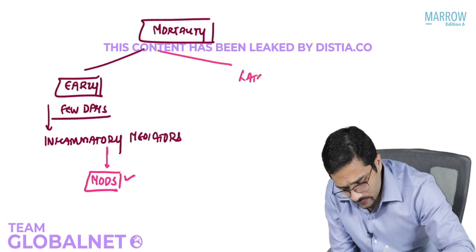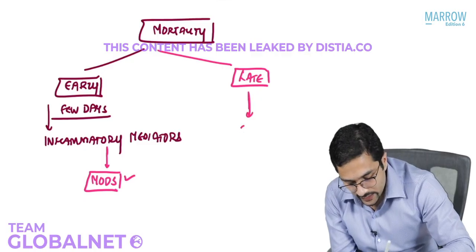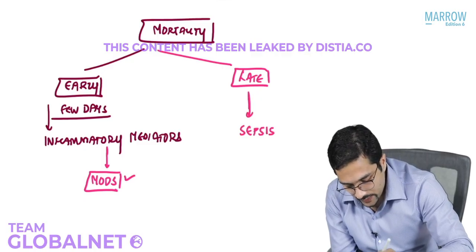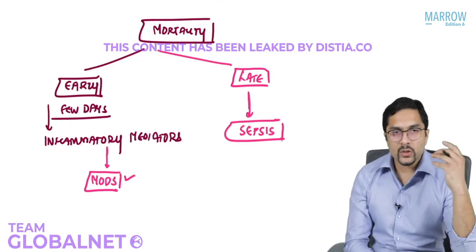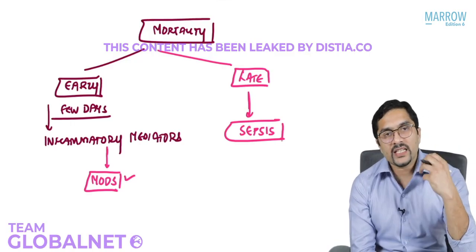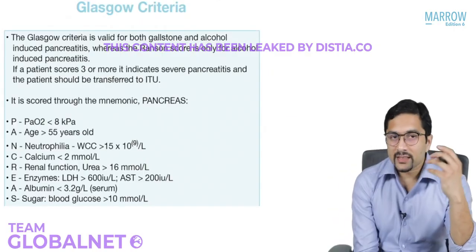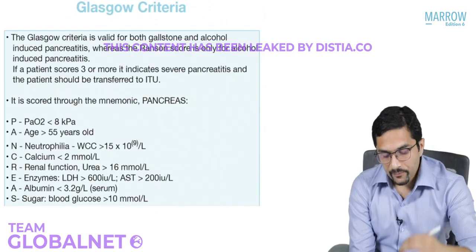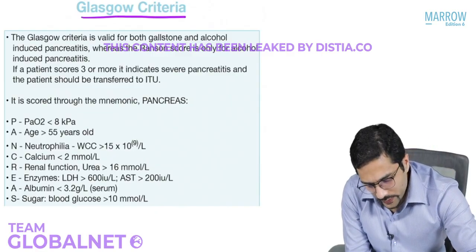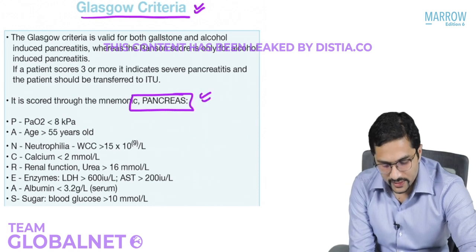The late death which occurs in acute pancreatitis after a few days is mainly because of sepsis. So these are the two causes of mortality in acute pancreatitis, and that is why it is very important for us to know the severity of the attack. So the first criteria is the Glasgow criteria. The Glasgow criteria, you don't need to remember the details, although the mnemonic is very simple. It is pancreas,